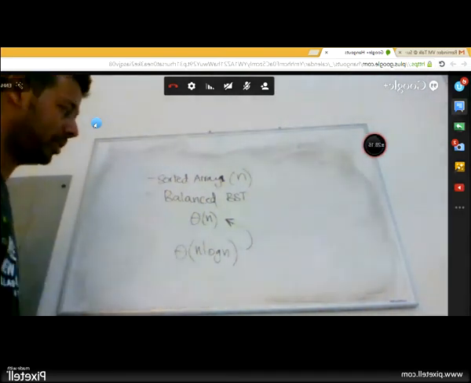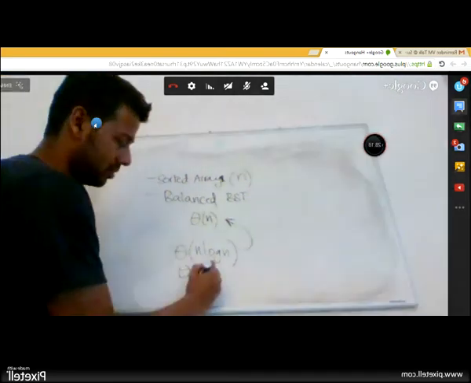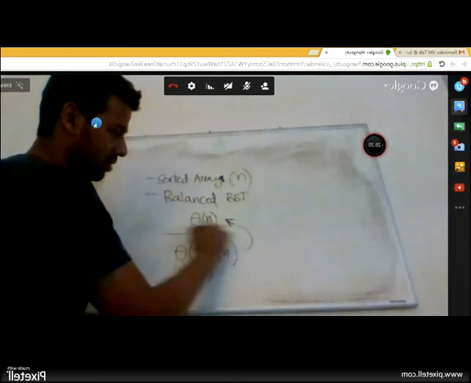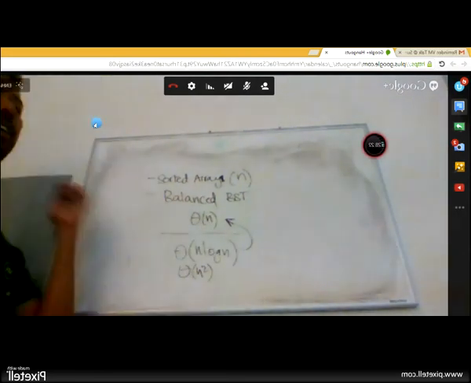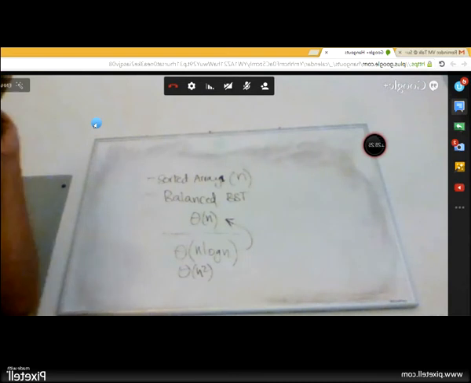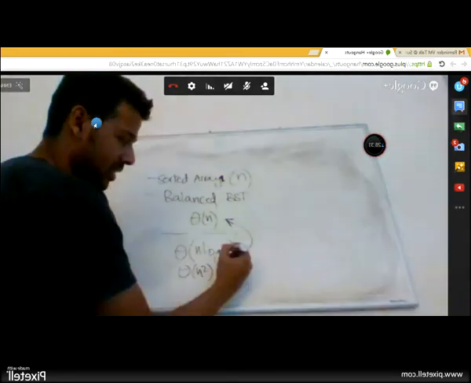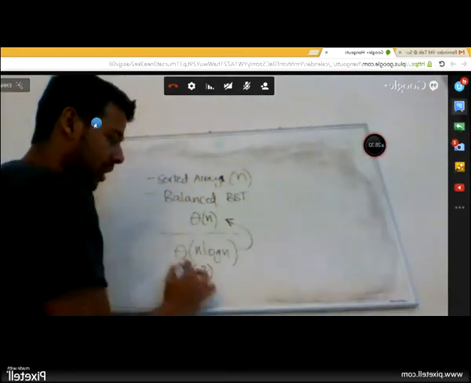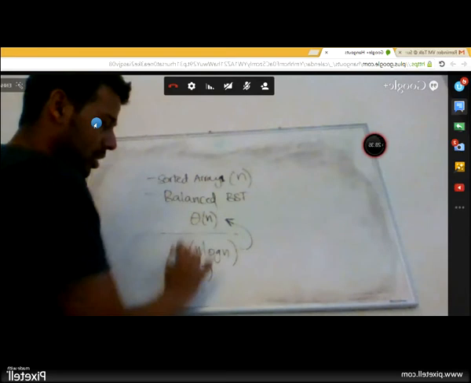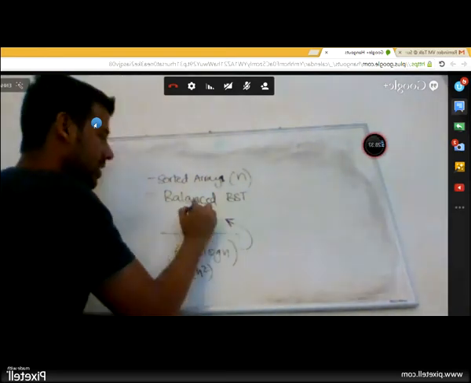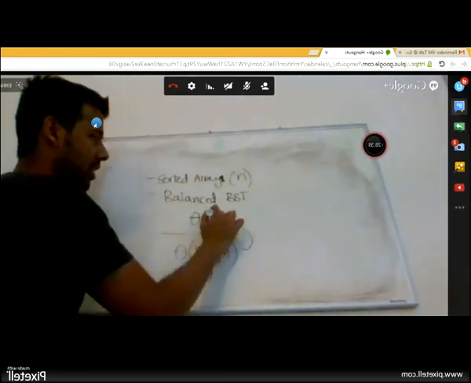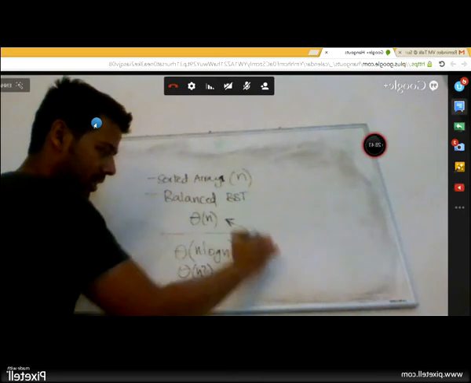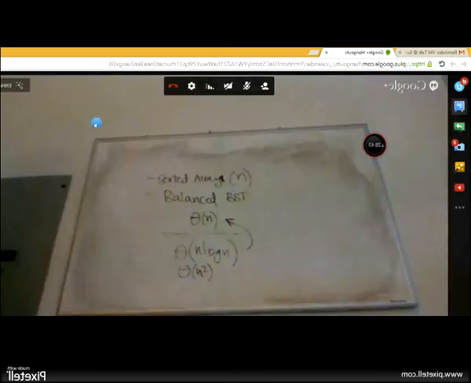It would actually be worse, right? It would become n square. Because if I feed you one element at a time and that element is already sorted, then your insertion time is no longer log n, it is theta of n, and I do that for n elements, so it becomes n square. So irrespective of that, why is it that I am able to construct this in n time, but this takes n log n and n square?